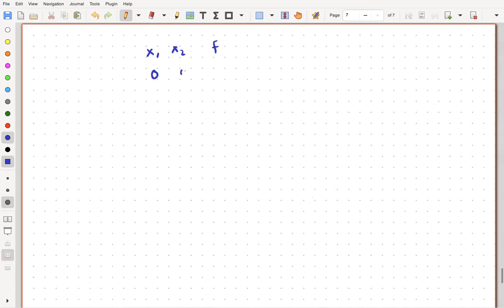So you have 0 0 0 1 0 1 0 1 1 1 1 0. So now what I'm saying is I can also recognize the function wherever it outputs a 0, right? I mean, so this function, it's essentially whenever... so okay, so maybe let's write it as, so originally we wrote it as